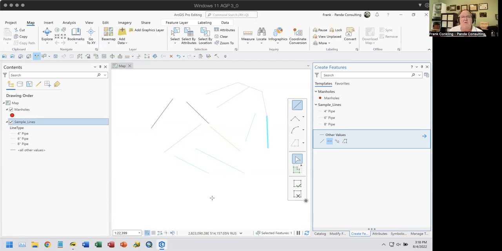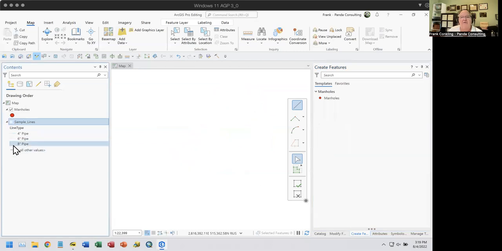Let me show you one more thing, though, that can cause you problems. And it will often be confusing the first couple times you see it. So let's clear this out so we don't have anything selected here. Notice that these all have different symbology. They have different values stored against them. If it turns out that I turn off